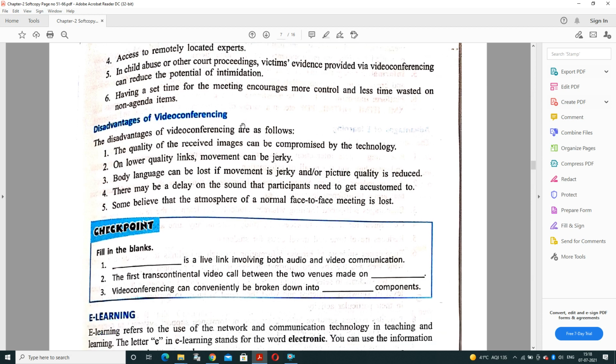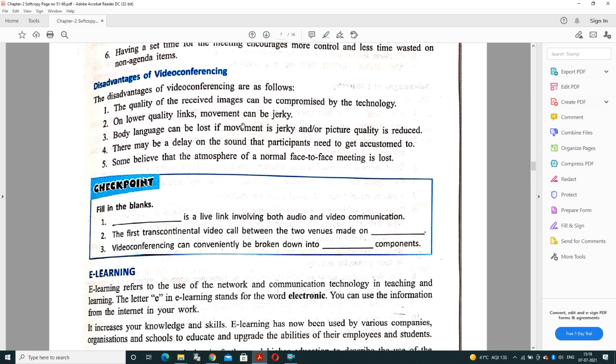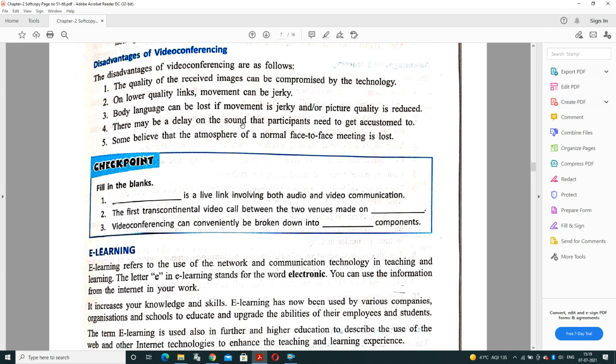And what are the disadvantages of video conferencing? Due to network problems, it can create many problems, like the quality of the received image can be compromised by the technology. On lower quality links, movement can be jerky. Body language can be lost if movement is jerky and the picture quality is reduced.